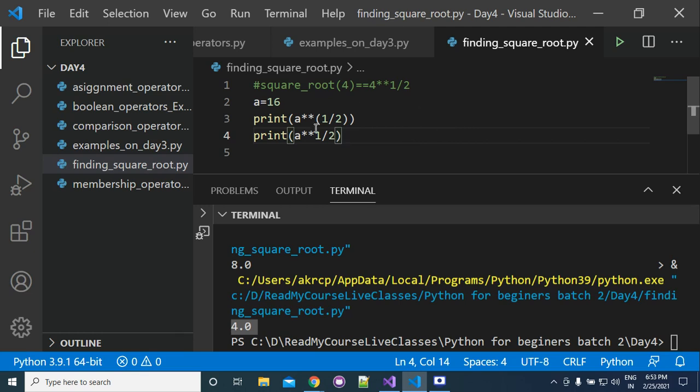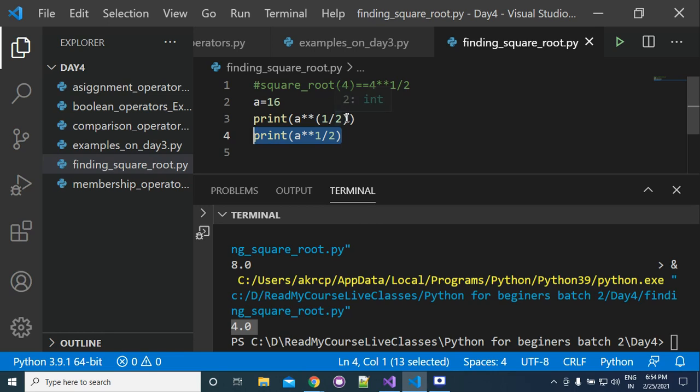Because I told you, it is called order of evaluation. Order of evaluation of double star, that is basically exponent, is higher than division. So firstly it will be evaluated. So 16 double star 1 will be evaluated, so it will have the value 16, and then it will divide that by 2, and you will get the answer 8.0.